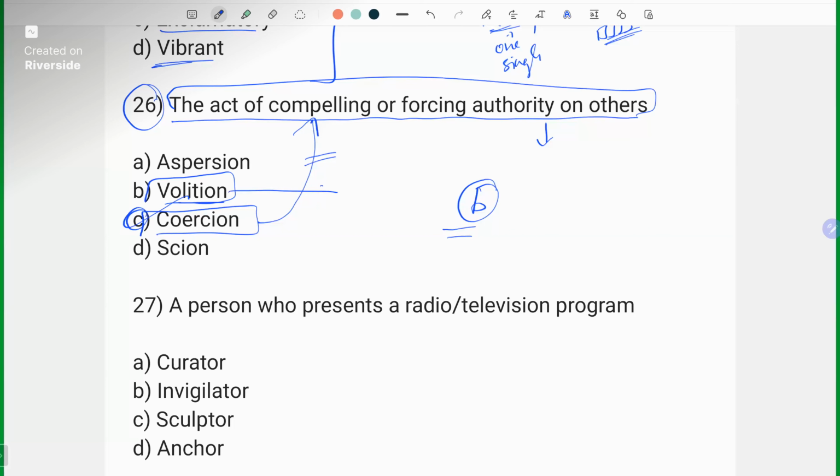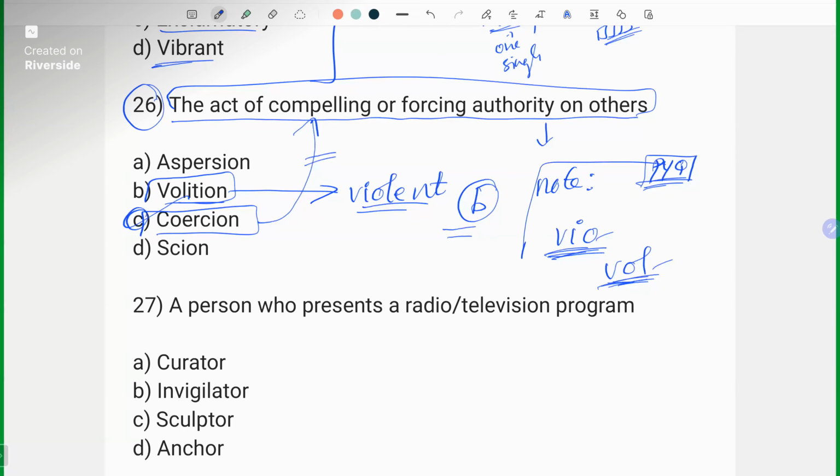Why volition? I also got confused in this one. We can relate this word with violent. Okay. There is a subtle difference between this root word and that root word. Whenever you practice with previous year questions or practice questions, if there is a subtle difference in the root word, analyze what meaning that difference gives and make a note in your notes. This means free will. Volition means free will, to take their own decision, to do something as per their own free will. That is volition.